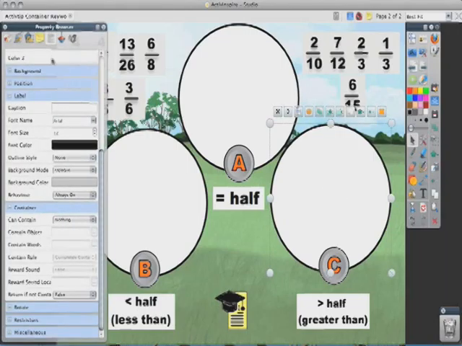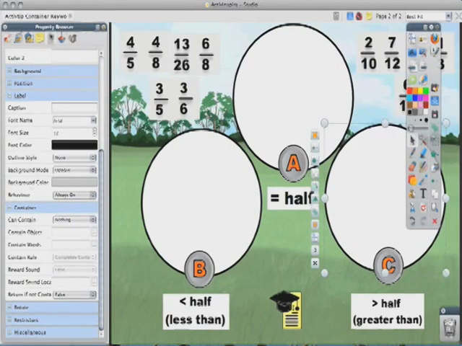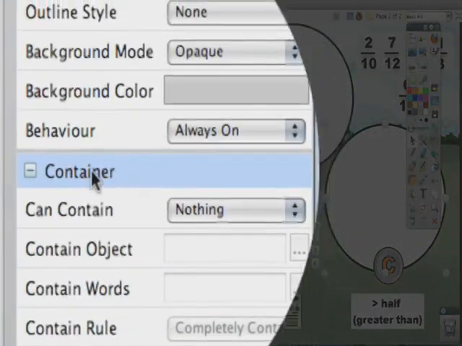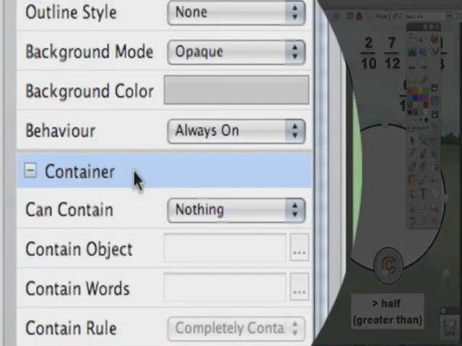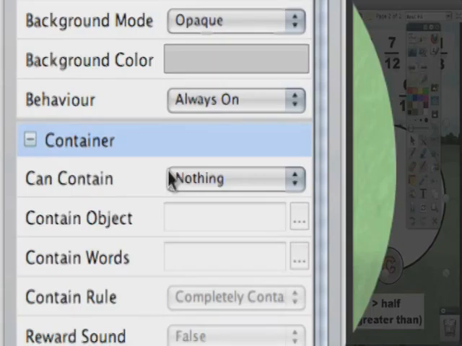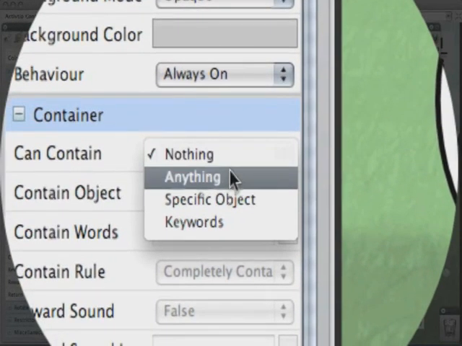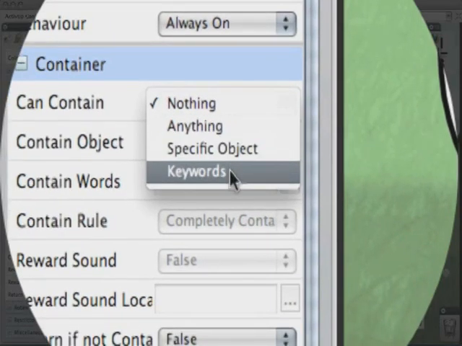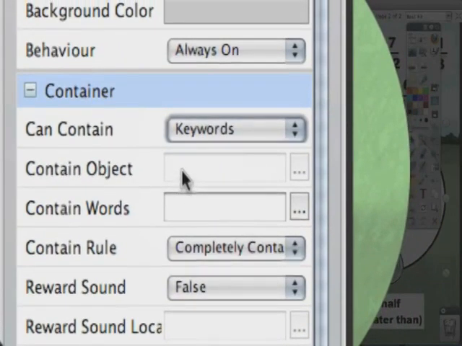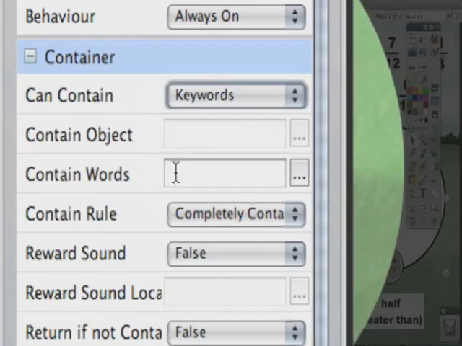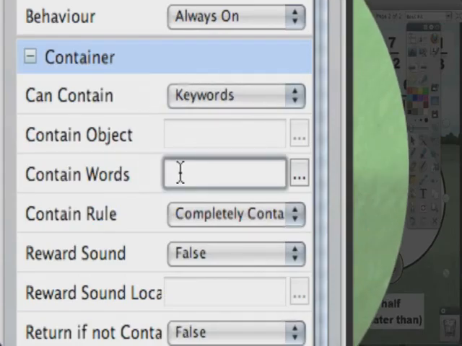I'm going to click on it, and then I'm going to go over here to my property browser. And then down here I'm going to go to my tab that says container. Now where it says can contain, I want it to contain not anything and not an object, but a keyword. And so then I want it to can contain the word, and for this we're just going to use